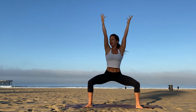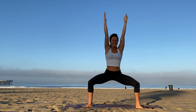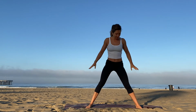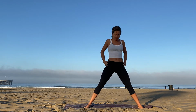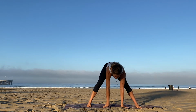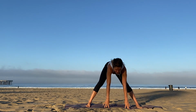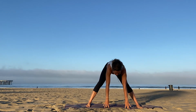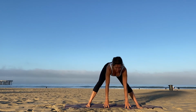Take your arms straight up, drop your shoulders, straighten your legs, drop your hands, parallel your feet, bring your hands onto your hips, breathe in, and then exhale, start to fold. Good. So fingertips might come down, maybe palms. You can always have a little bend in your knees. Make your spine long, think of your chest opening,